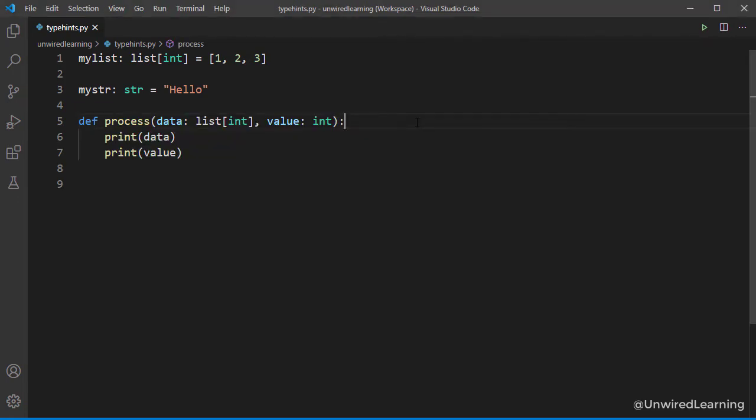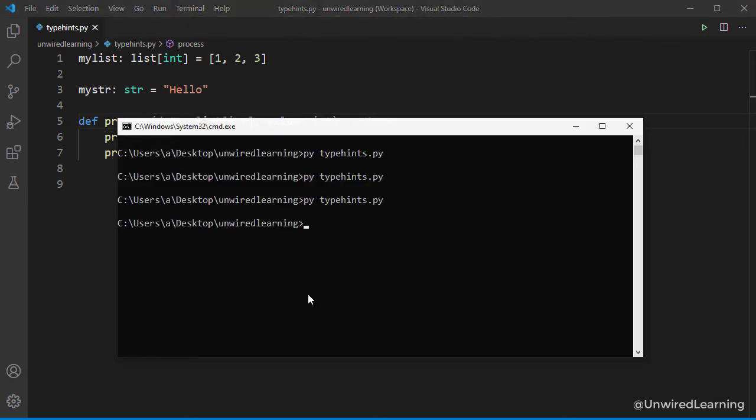Now let's move forward towards the next step. That means we can also define what type of return we are going to give with this particular function. So if our return is going to be nothing, we are just printing these two statements, we can define that our return will be None type. So you don't have to define the colon here. So this is going to define our data variable, this is going to define our int, and here we are defining that this function is going to return None. If I save this one, run this here, it's working fine.